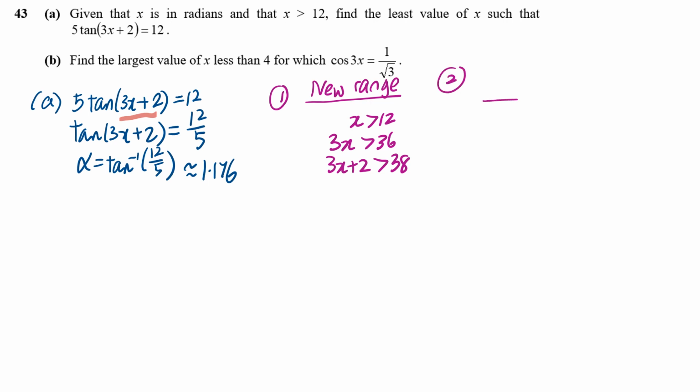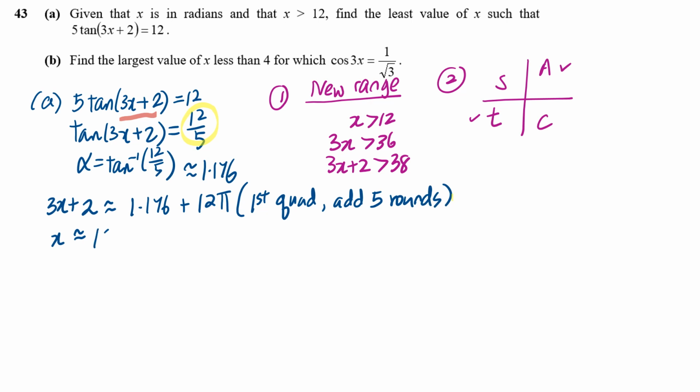All right, then the next thing, of course, is your ASTC. For tangent to be positive, this is a positive value, you will come from the first and the third quadrant. All right, but in this case, it's tricky because you just need to consider one of the quadrants. In this case here, you actually consider the first quadrant only. All right, why is that so? You can go on to find your third quadrant and then you realize that it doesn't give you the answers. It's because you're supposed to find the least value, you see. So if you consider the third quadrant, the answer that you'll be getting will be much more than 38. That would not give you the least value. So to get the least value, you consider the first quadrant. And then the first quadrant will be